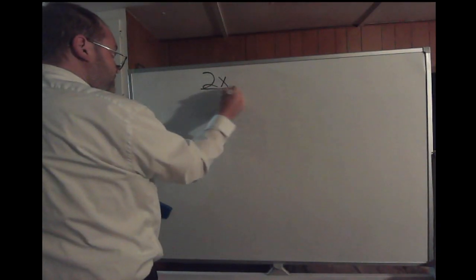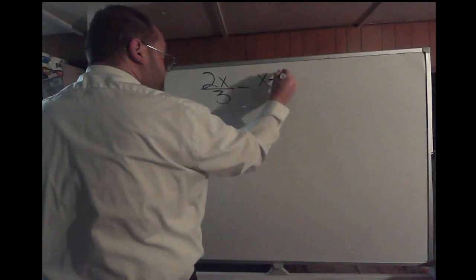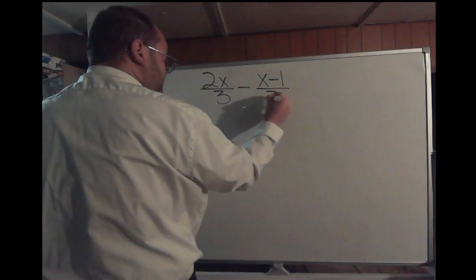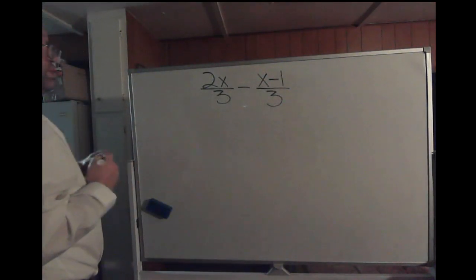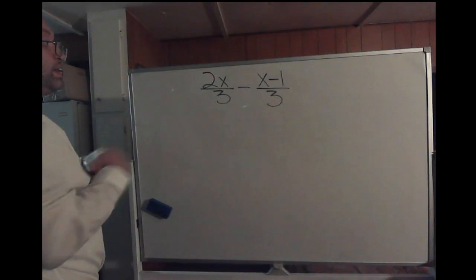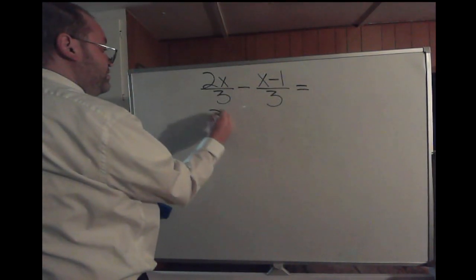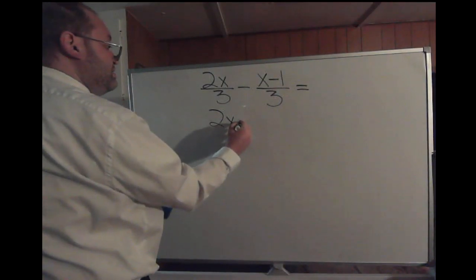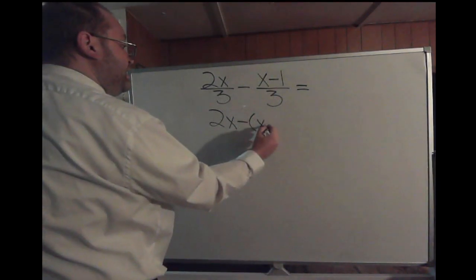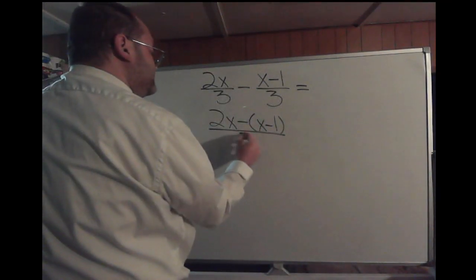Alright, let's see. We have 2x over 3 minus x minus 1 over 3. So, we still have the same denominator of 3, so we can go ahead and do the subtraction. I'm going to write it out here. You're going to do 2x minus that quantity of x minus 1 in the second numerator all over your denominator